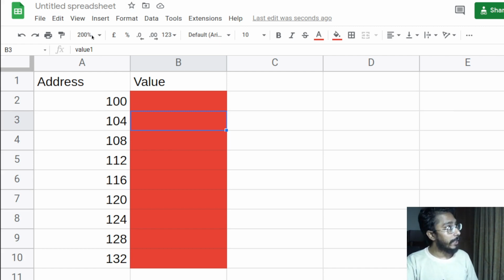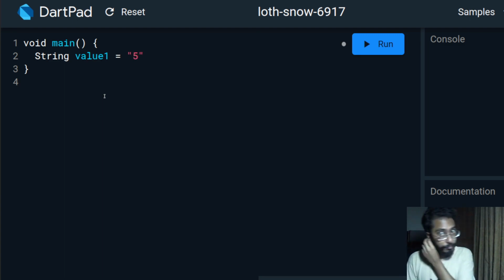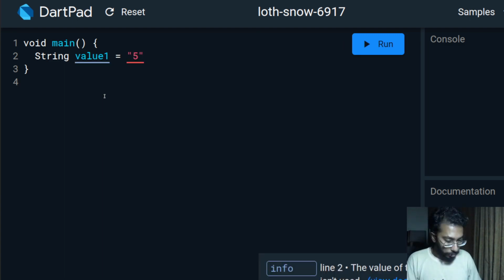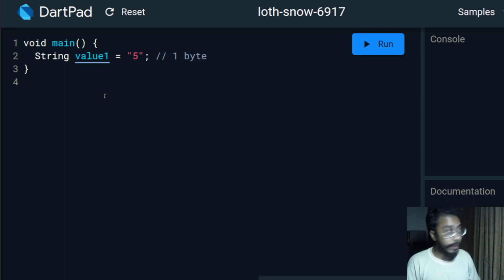One common mistake that I have seen people doing is this. For example, declaring a string, maybe string value number 1, and value number 1 can be declared as, I don't know, 5, for example. So this is going to consume, and I'm going to write how many bytes it will consume, 1 byte, because a character consumes 1 byte. So if the value here is 52, then it's going to consume 1 byte for 5 and 1 byte for 2. So it's going to consume 2 bytes